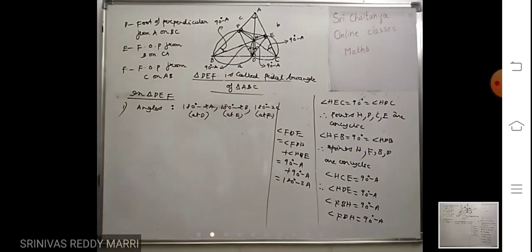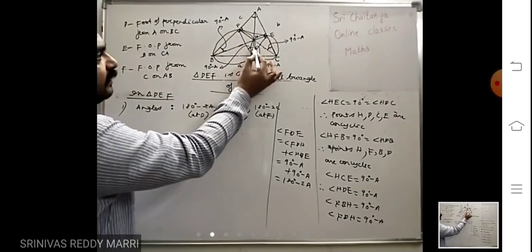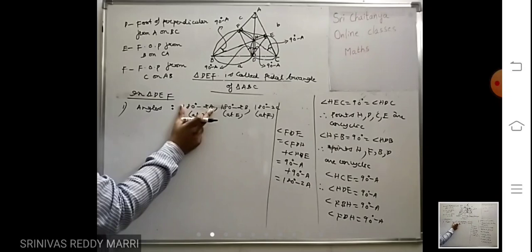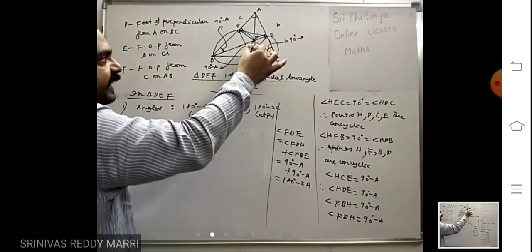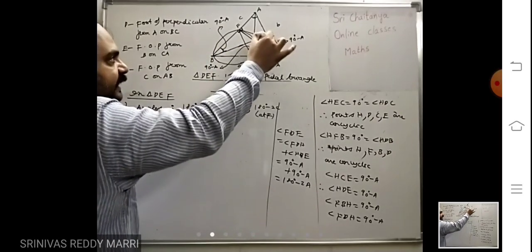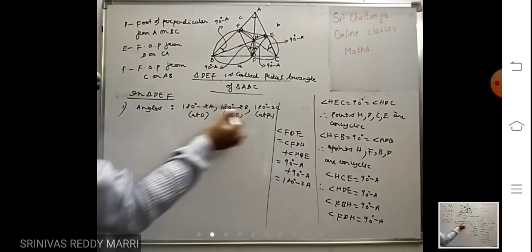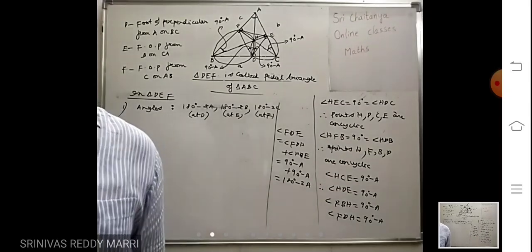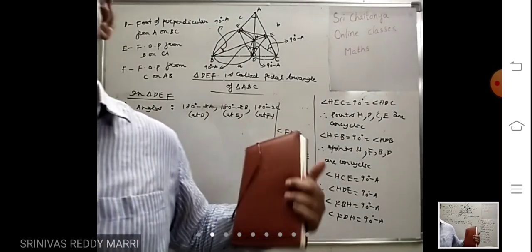Right. Now look at this, the angle 180 minus 2A. Look at whatever I am telling. This is the angle at D, which is nothing but 180 minus 2A. This angle is opposite to this vertex A. Similarly, this angle is opposite to vertex B, and you will get 180 minus 2B. Similarly, you will get 180 minus 2C. Those are the angles. If you remember these angles, you will get everything in that triangle.